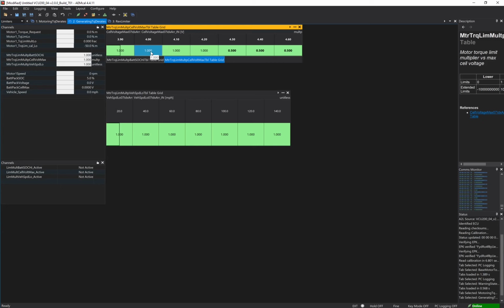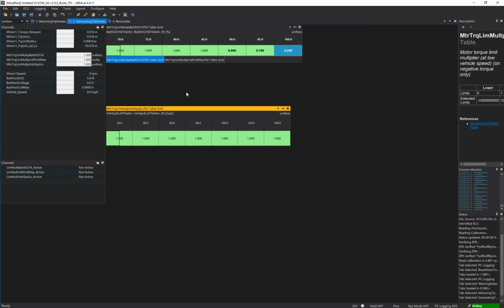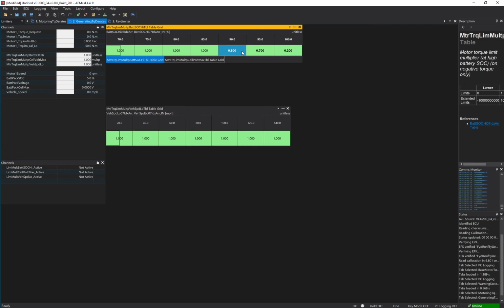You want to get these all set up ideally before you drive any of these vehicles, right? You want to set our safeties first and then go drive them and make sure everything's working. And really, for the first drive, I would set these to be quite aggressive, and I would even set them to be kicking in more often than you eventually intend them to. For instance, even if you know it's very safe to be regenning as low as 80% state of charge, I would put some numbers in here,